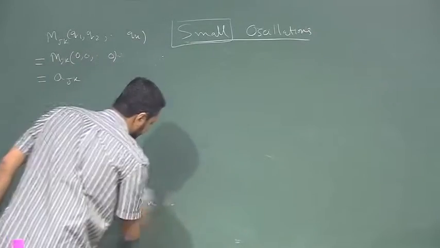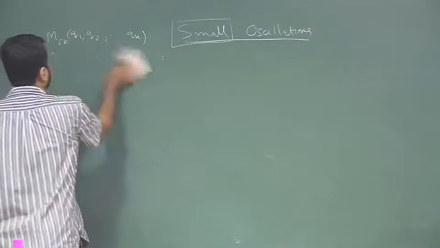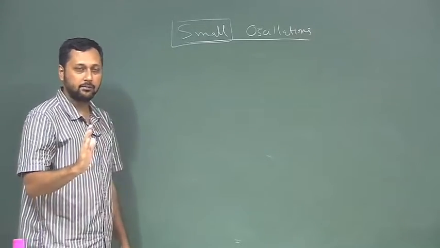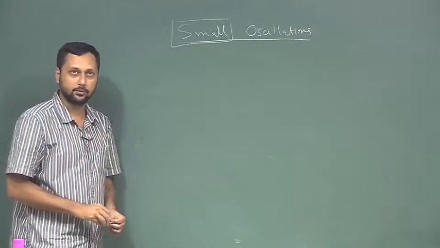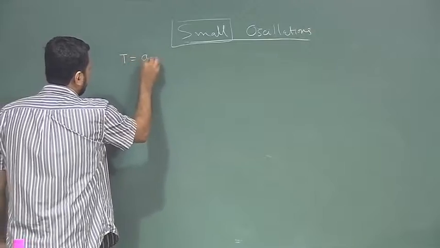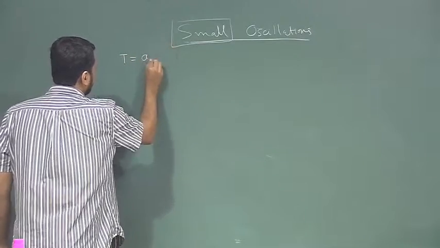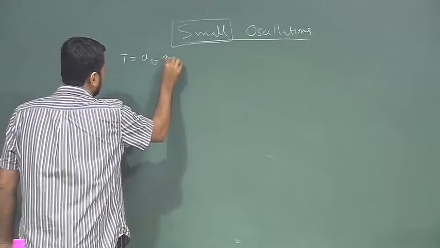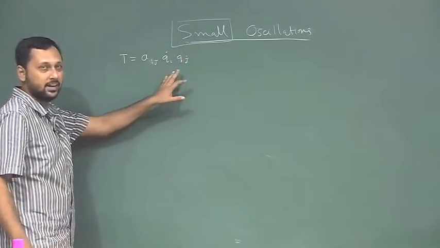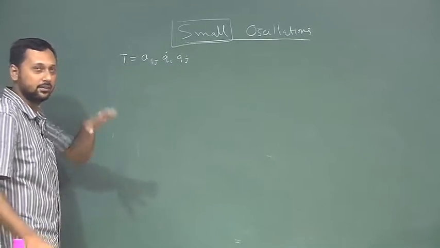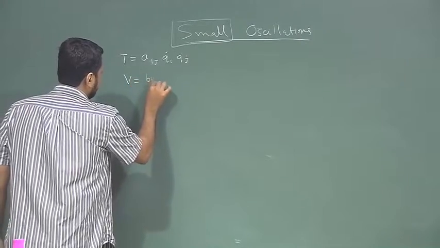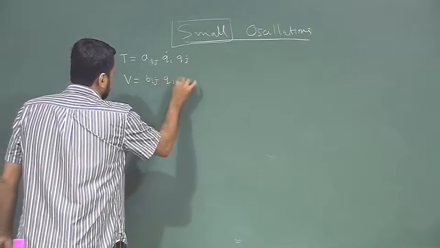We have a system which is scleronomic in nature around a stable equilibrium and deviated only slightly from the equilibrium, and we have T given by A i j q i dot q j dot. I wrote q j, k, but it does not matter, because these are dummy indices. We are free to change them, and V is given by B i j q i